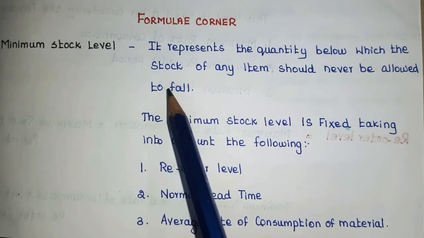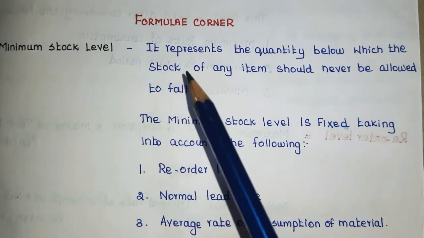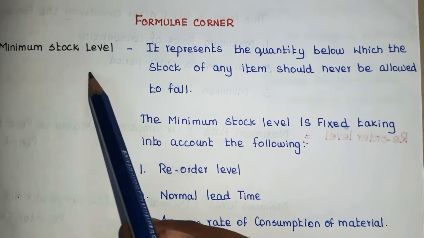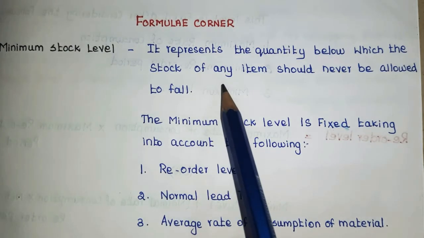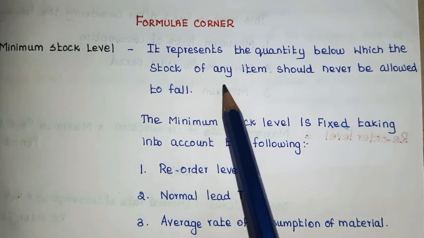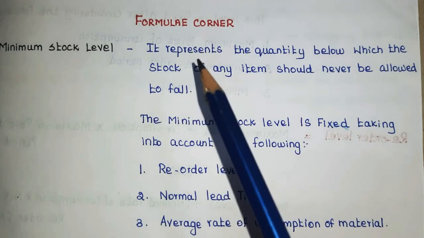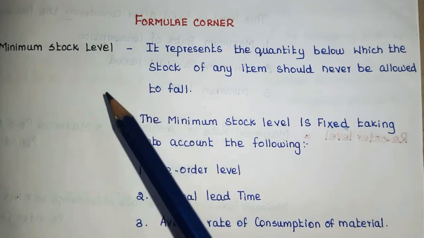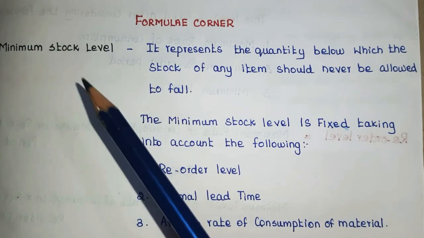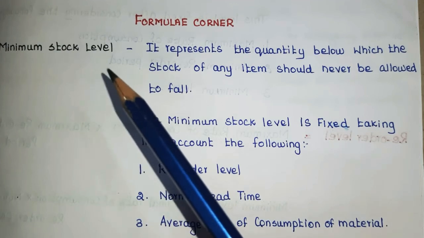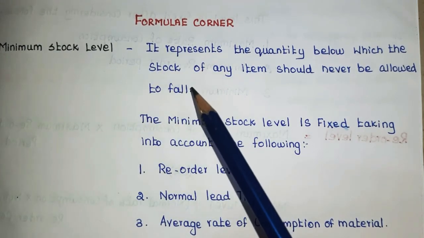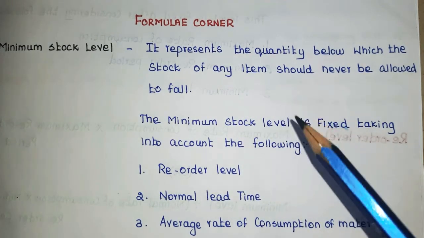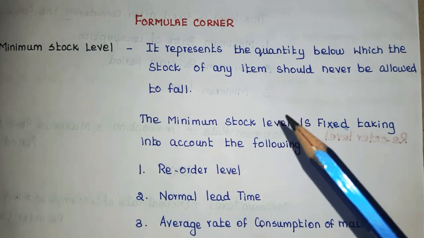To explain the formulas, we should be able to read each and every stock level. We will start with the first stock level, that is, minimum stock level. This is the meaning which I have given over here. The minimum stock level can be called the actual stock. If the actual stock goes below this point, there is a possibility of upsetting production due to lack of material. Hence, every enterprise must maintain a minimum quantity of stock so that production is not hampered due to non-availability of materials.